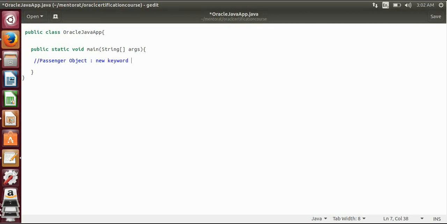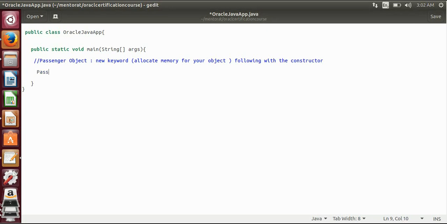The new keyword allocates memory for your objects, and it is followed by the constructor. The constructor constructs the object. So the syntax will be